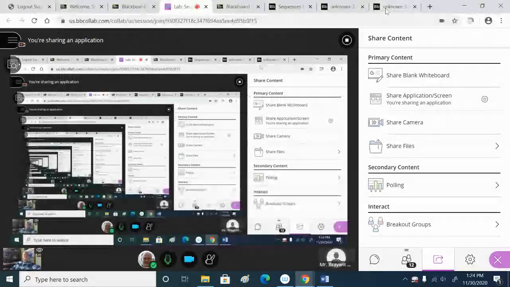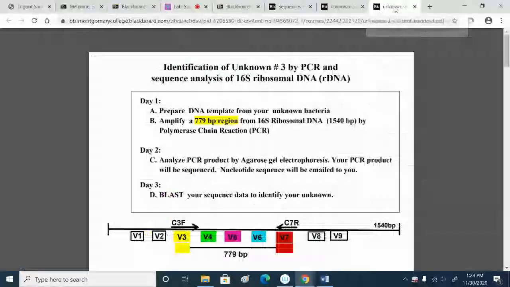So we'll start by looking at the regular lab protocol that we would have followed. So this is the protocol for the identification of unknown number 3 by PCR and sequence analysis of the 16S ribosomal DNA. So can we all see this handout? Yes. Yeah. So this is part of unknown number 3,